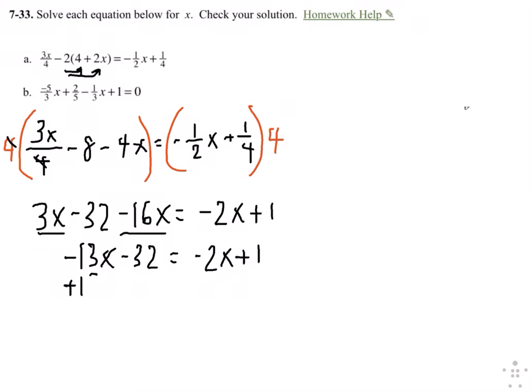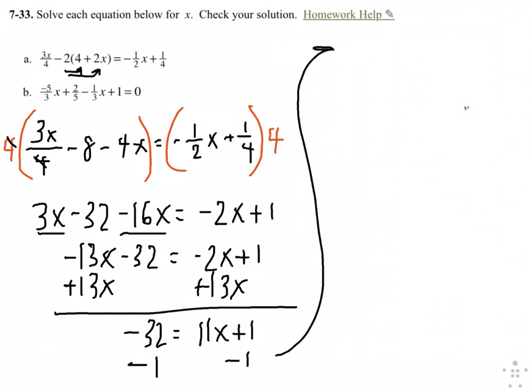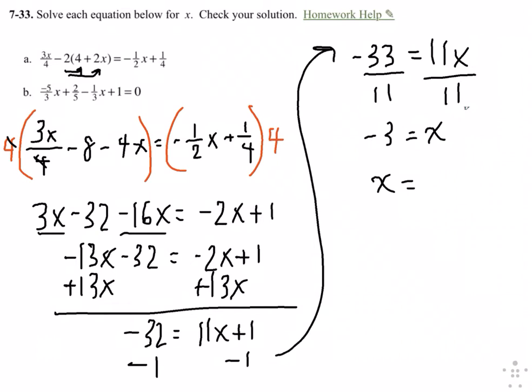I'll add 13x to both sides, plus 13x, and we get negative 32 equals 11x plus 1. Subtract 1 from both sides. So negative 32 and negative 1 is negative 33 equals 11x. Divide both sides by 11. Negative 3 equals x, and I rewrite it as x equals negative 3. And we're done that one. Again, you didn't have to get rid of your fractions, but why not use your properties of equality to do